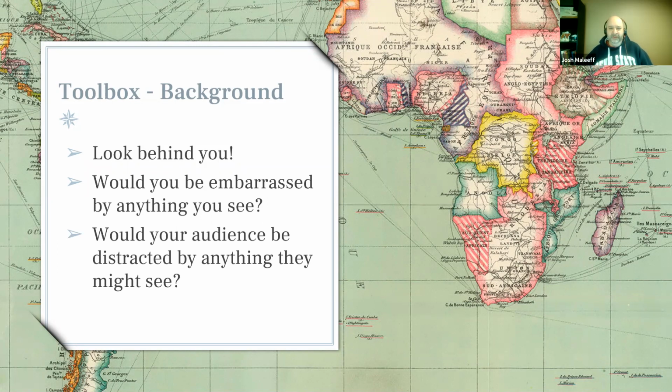I've done this a couple different ways. You'll notice that the wall behind me here is basically a blank wall, but I have a bookcase here. When I started off, I didn't have the bookcase at all, and I'm actually okay being on a blank wall. But the bookshelf, I have some things on there that are relevant to what I do during the day. I have a diploma up top there, as well as my Nittany Lion, so I wanted to make sure I was representing to a Penn State group here.